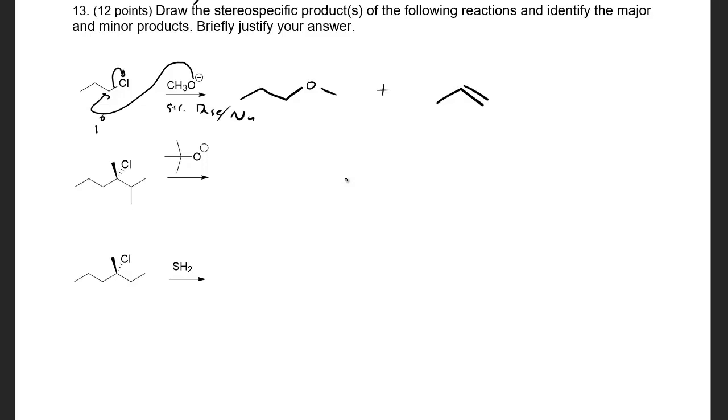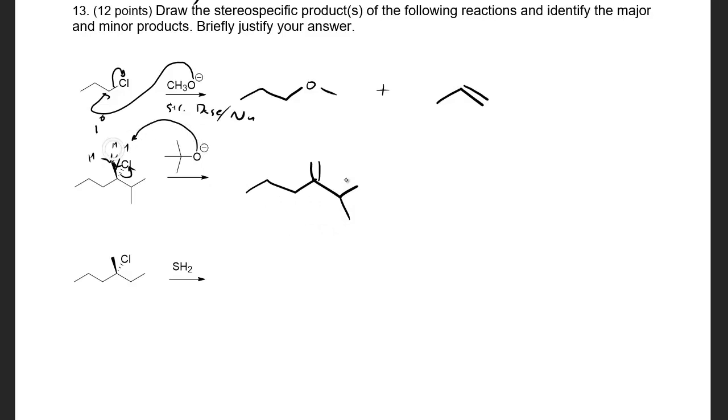Here we have a tertiary carbon, and here we have a large and bulky base, so this is going to be for sure only E2. And based on proton accessibility, these protons on the methyl group will be most accessible. So even though the more substituted alkene is usually favored, so usually we would take the proton on this carbon here, based on sterics one of these is going to be taken to form the alkene and kick off our leaving group. So our final product is going to look like that, where we have a less substituted alkene,